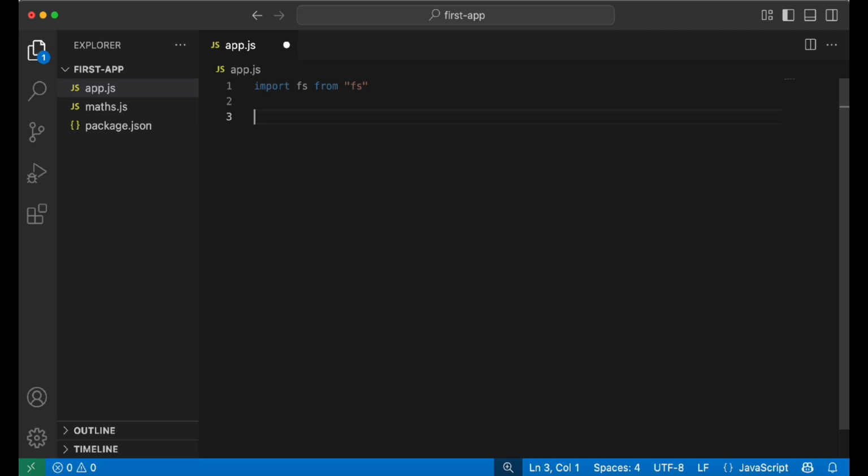There are two ways you can read a file using the FS module. You can read a file synchronously, or you can read a file asynchronously. To read a file synchronously means you're pausing every other function from running until your file finishes loading. So let us see how to do that using the FS module. So here we're going to say